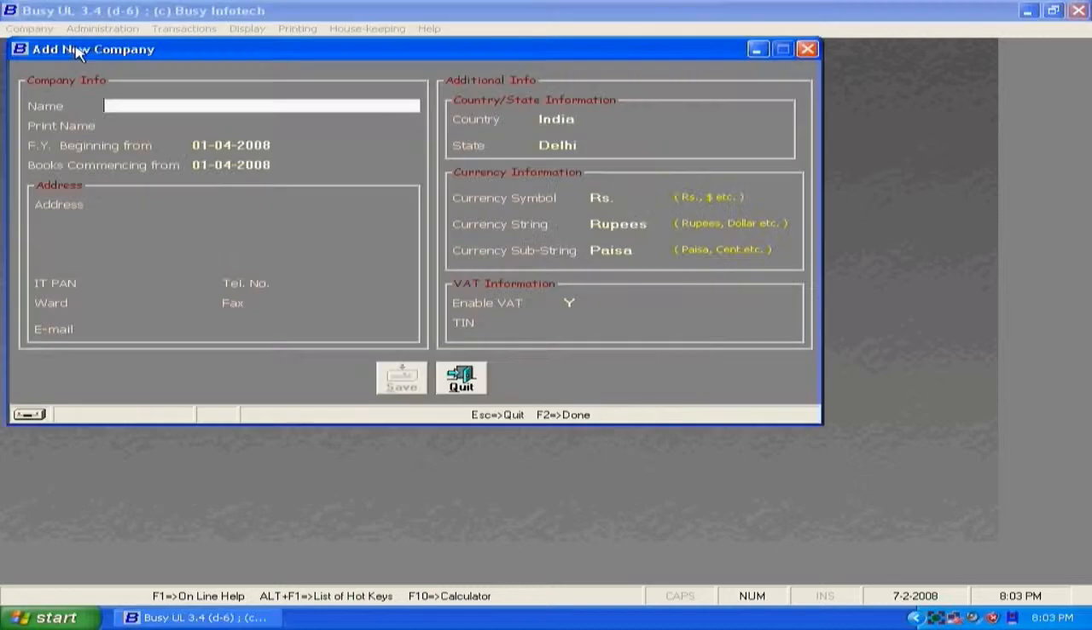Here we can find that your company is enabled and the rest are disabled. Here we can find new, open, delete, backup, restore, rebuild. Now click on new to add new company details, and you need to enter the company information such as company